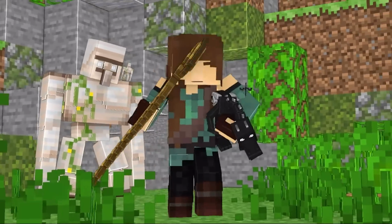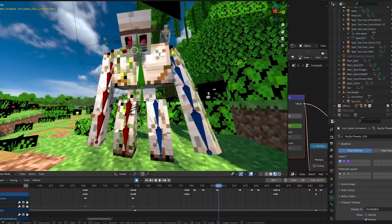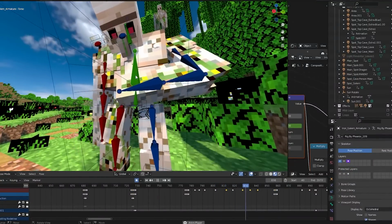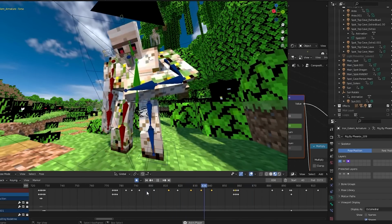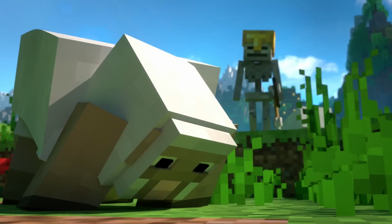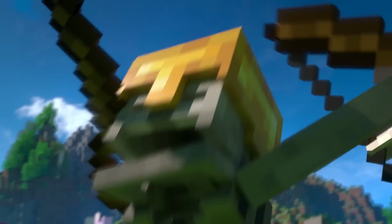Similarly, I tried to give the Iron Golem an interesting animation style. I wanted to go for a very robotic and rusty style, always moving and stopping abruptly and having heavy steps, which I considered into his walking. The Iron Golem, who if I have to name would be Ben or Benson, ended up being my favourite thing